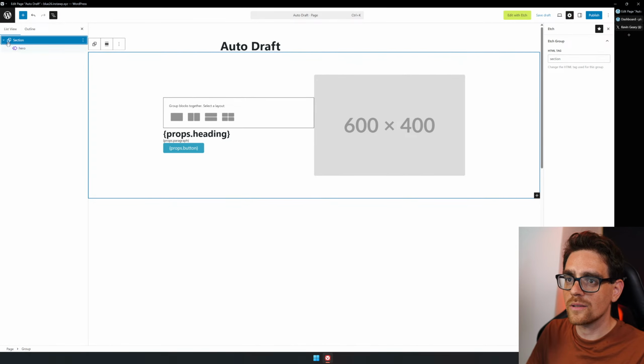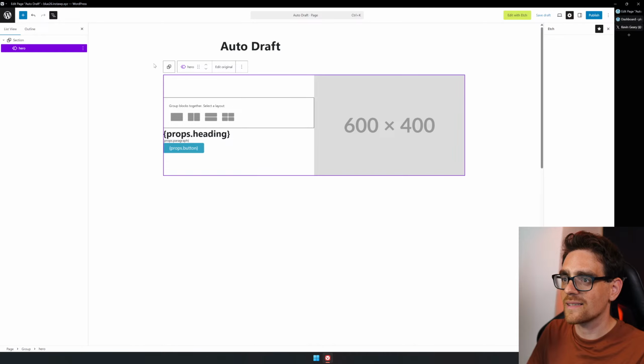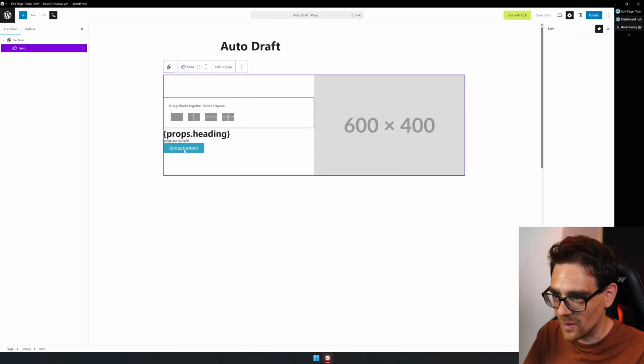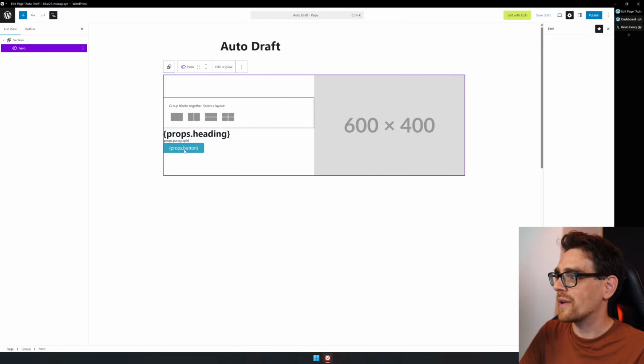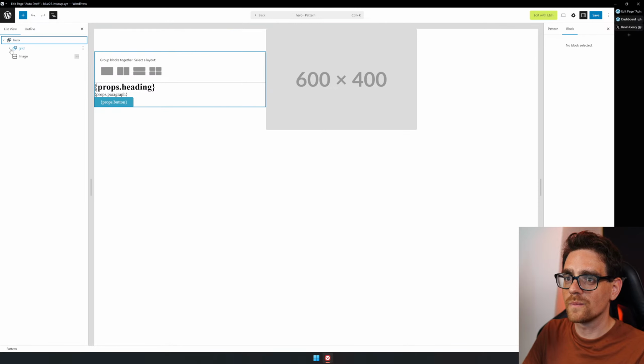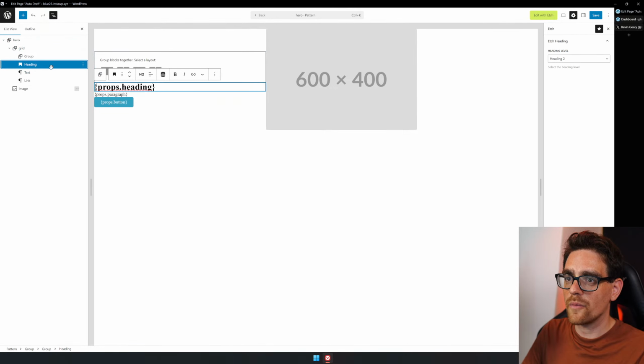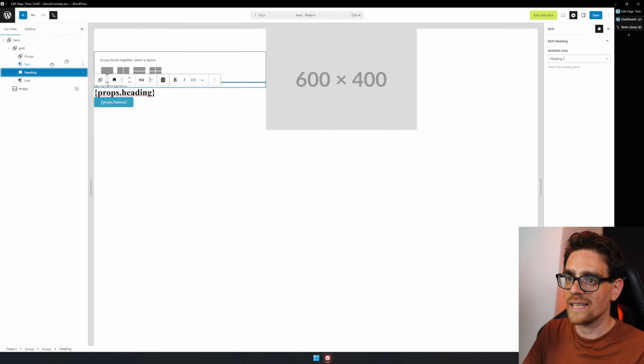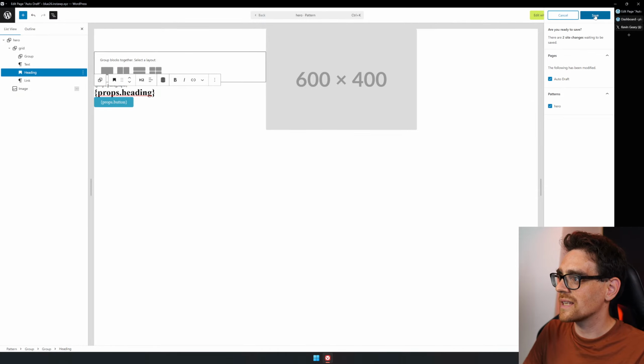Am I crazy? Or look at that, there it is. I guess the slot doesn't work yet and the props are not visible, but we do have a pattern available. And we can't do anything to change the thing. We can go in there and edit the original. And if we, for instance, change the heading and text position and we hit save,